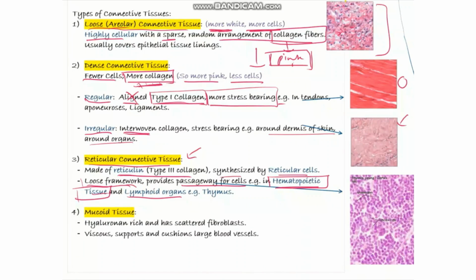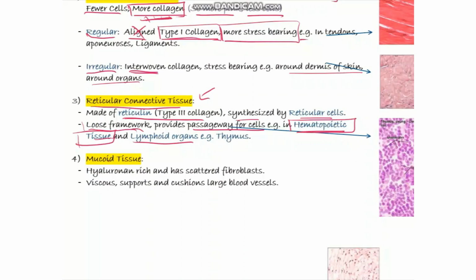And lastly, we have the mucoid tissue. All right, so mucoid tissue, you might have guessed it, has very mucus-like, very watery, hydrated, or viscous sort of properties. And the reason for that is because it is rich in hyaluronan, or hyaluronic acid. We studied hyaluronic acid earlier, and the fact that it contains a chain of saccharides, so it is very saccharide rich. Hyaluronan is saccharide rich, which results in pulling of water through osmosis, because it sets up this osmotic gradient